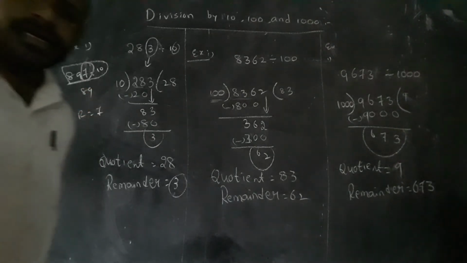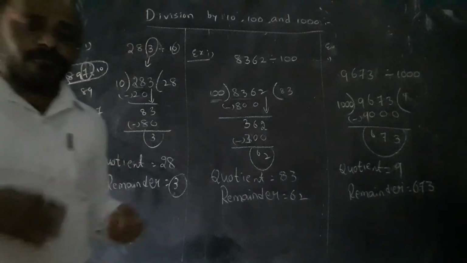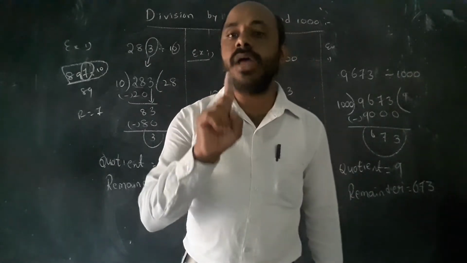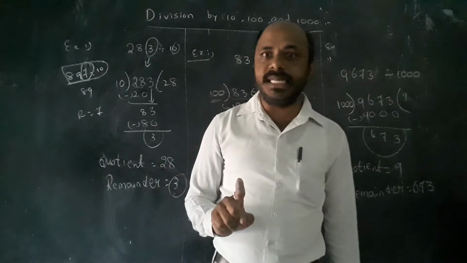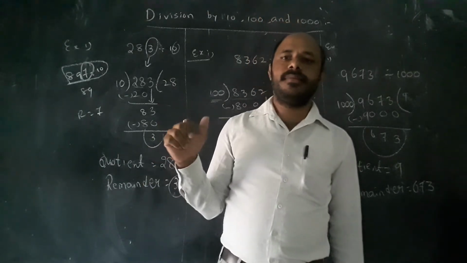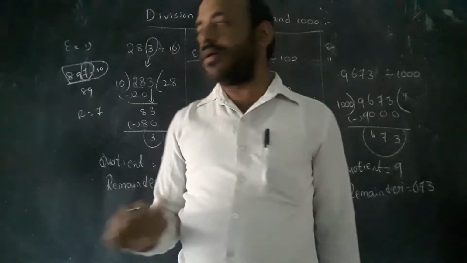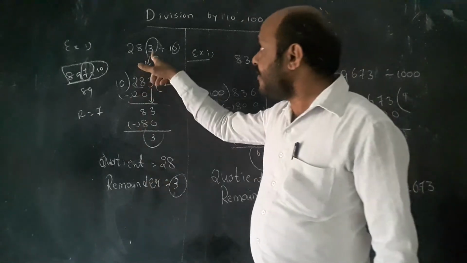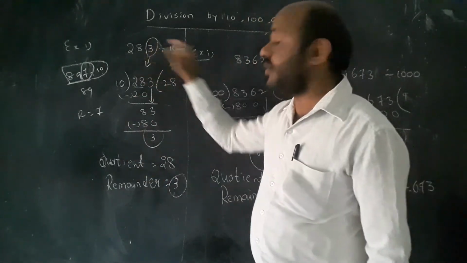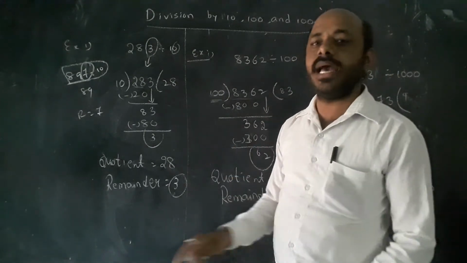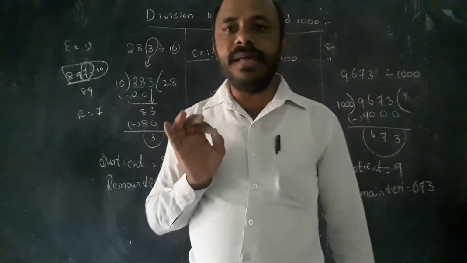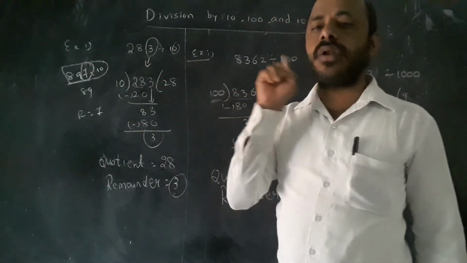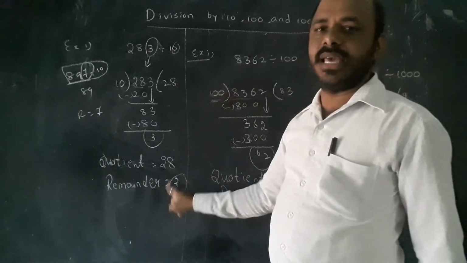Every number in division by 10, any 5 digit number, 2 digit number, 8 digit number and 9 digit number divided by 10 also, we have to take out the last digit. That last digit is the remainder. Say here 3 is there, that 3 is the remainder. Here 7 is there, 7 is the remainder. If 0 is there in the ones place, the number has remainder 0. In division by 10, 10 has only one 0, that's why we have to take out the last digit, that is the remainder of the given number.